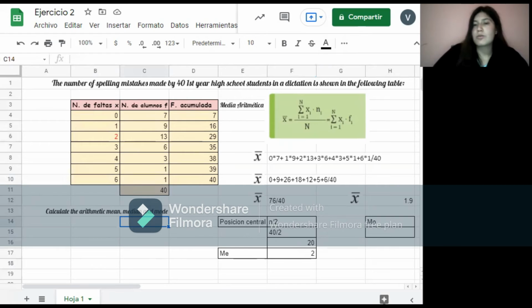For the mode, we only have to look for the largest number in the absolute frequency and check that the class mark is in ascending order. Once found, it shows us the mode. Okay, it is the largest number and is equal to